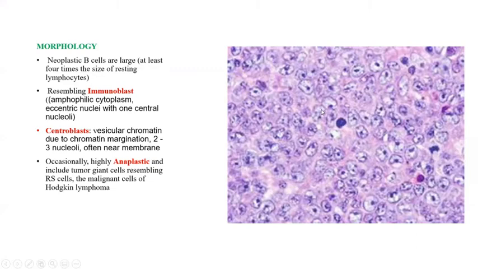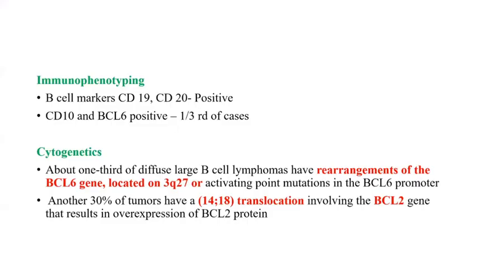Immunophenotype will be your B cell marker, but because diffuse large B cell lymphoma also arises from the germinal center, they will express markers of the germinal center, that is CD10 and BCL6, in one-third, not all cases, but in the majority of the cases. So what is the cytogenetics? There is a rearrangement of the BCL6 gene because they are arising from the germinal center, and 30% will have 14;18